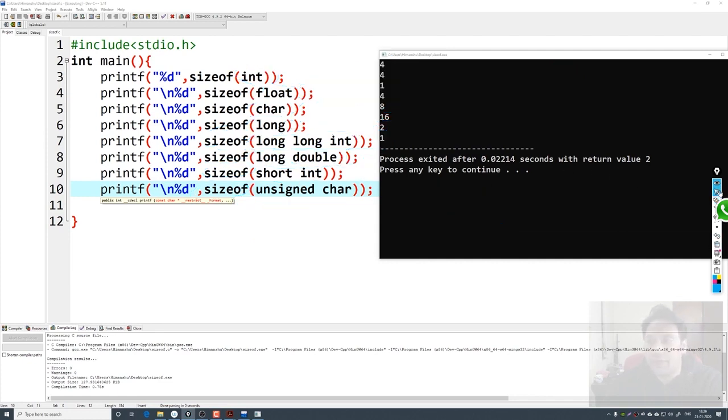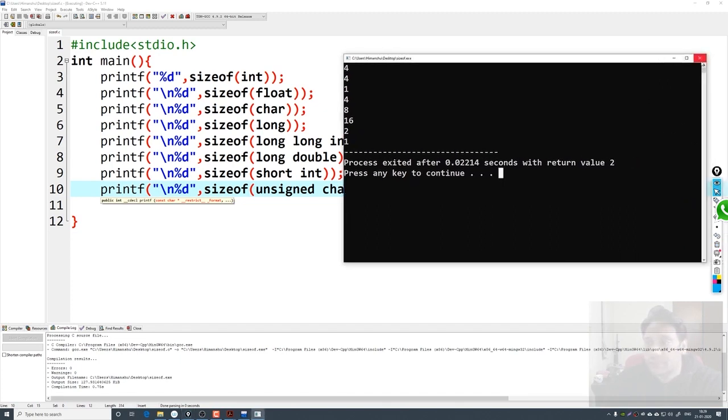So whenever you have a confusion regarding what is the size of a particular data type on your system, you can use the sizeof function to find the size. Okay. Now let me show you something very interesting here.